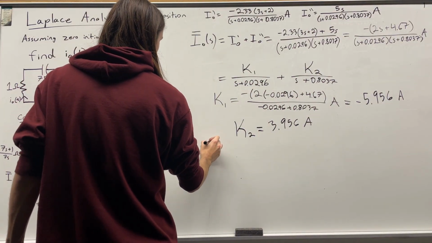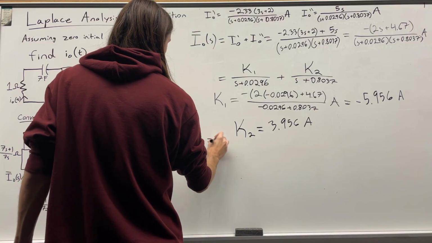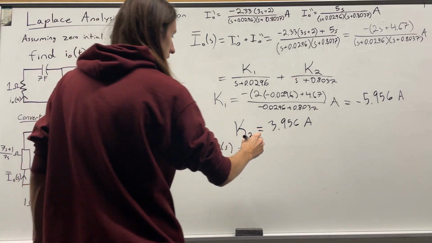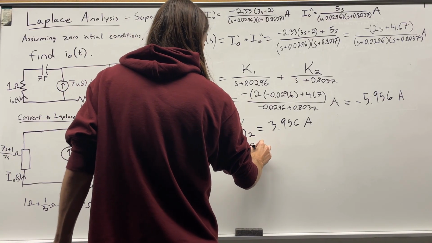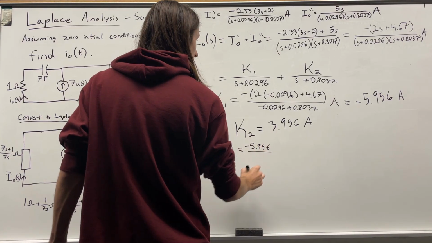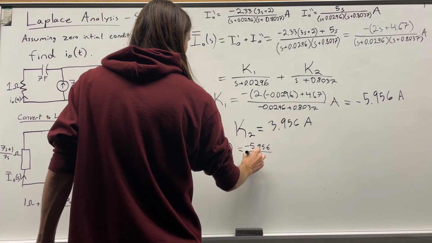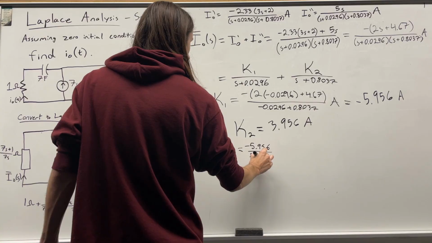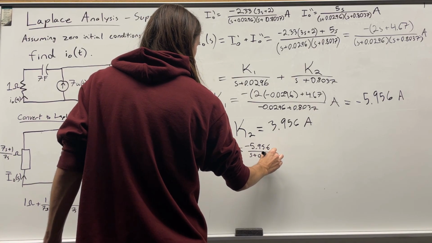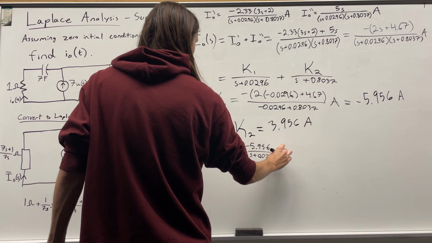So that is I naught bar S equals negative 5.956 over S plus 0.0296 amps